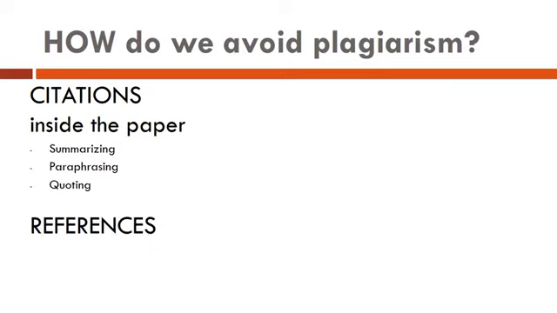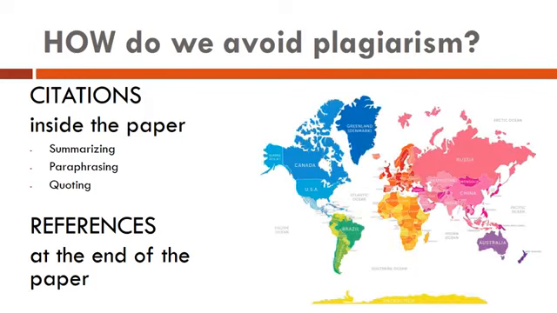You must also include a references list. A references list is the full information for all of your sources, and it exists at the end of your paper. For your citations and for your references, you must include them every time, and you must do them properly. Basically, what you are doing is you are providing an address so that your teacher or your reader can find the original article or the textbook and can read the information that you are summarizing or paraphrasing or quoting themselves.